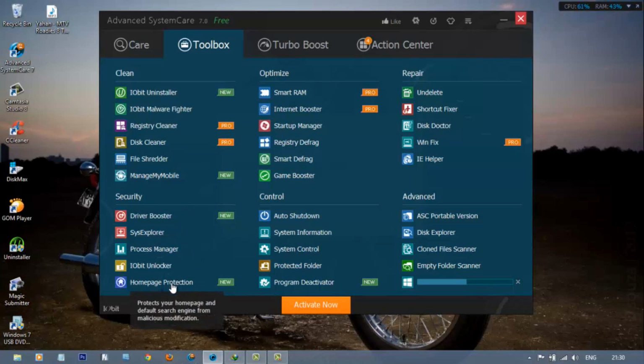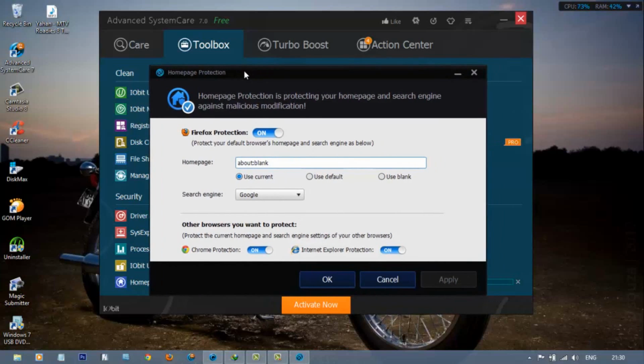The homepage protection. This was really an essential feature. While browsing, many adwares or malwares try to change the homepage of your browser, and when you open the browser, you get to visit them even if you don't want to. So using this feature, you can protect the homepage of your browser from changing and secure yourself from malicious modifications.